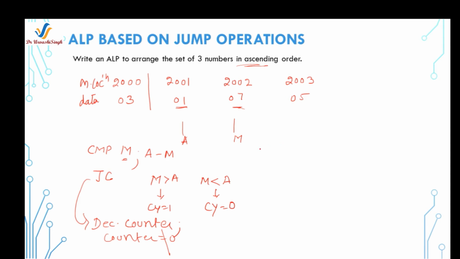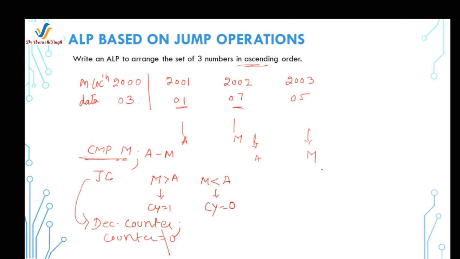So in this case, you can see that we have just compared only the 2 numbers, and now the second step is where I will compare the remaining 2002 and 2003 hex memory location contents. So if I take this 07 into the accumulator in the next step and 05 hex into the memory location, and then perform this comparison instruction, what will happen? There will be no carry because this 05 is smaller than 07. In that case, what will you do?